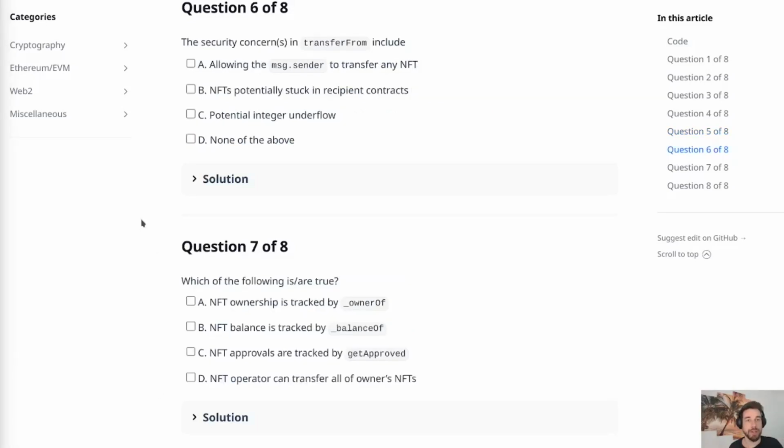Next we have question 6, which is about the security concerns in the transfer from function, which include A, allowing the message sender to transfer any NFT. That sounds like a real issue, not just a concern. B, NFTs are potentially stuck or get potentially stuck in recipient contracts. Well, we already know this will be true simply because this isn't the safe transfer from function. So this one isn't the function that actually checks the callback,